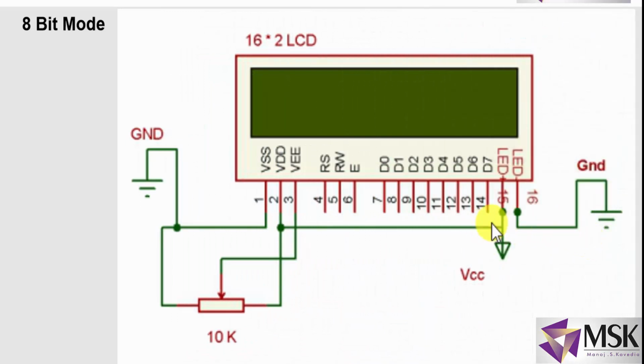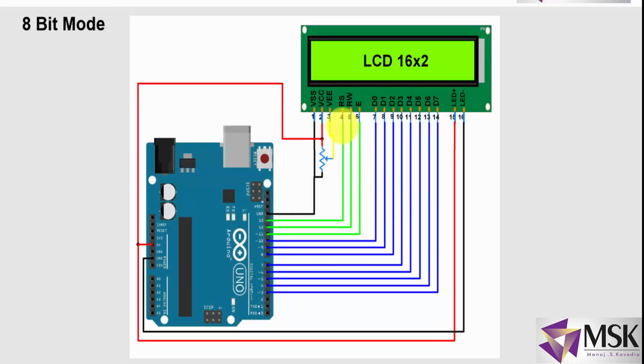Now in 8-bit mode, the RS and E will be connected to Arduino, RW will be grounded as usual, but this time all these 8 pins are connected to Arduino. Now as compared to 4-bit, here you need 4 more lines extra, but it is a bit faster, as I've told you, because I'm sending all 8-bit data at a time. So here this is the interfacing. Fine. So these are the main 8 bits directly connected.